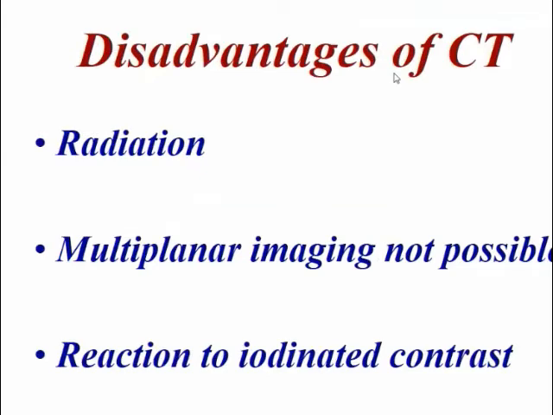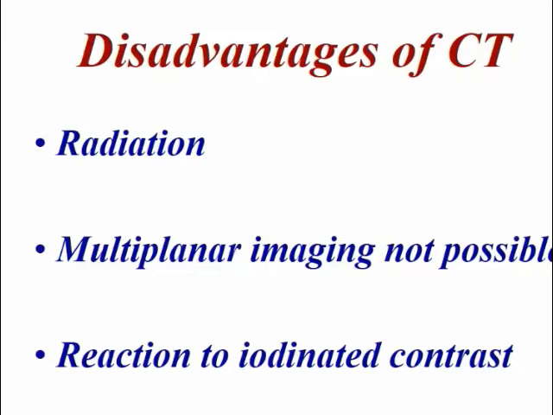The biggest disadvantages of CT are, one is radiation. Though we drop the radiation whenever we image an infant or a pediatric case, still the radiation is slightly higher. So we should try to avoid as much as possible to irradiate the child. Now, the fancy is, we want arterial phase, portal venous phase, equilibrium phase. So just look at the radiation the child gets. It's enormous. Even a coronary gets less radiation sometimes.